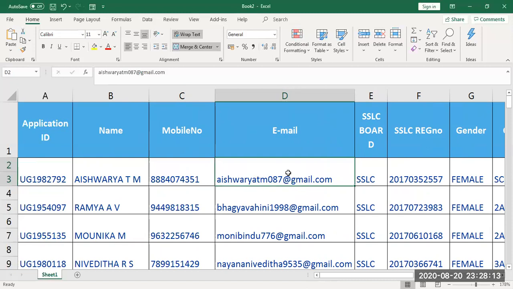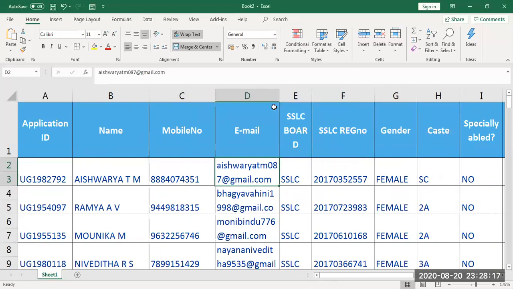In case I want to adjust the email, but it should be displayed in the same cell. In case if I need to adjust and my size of my email is fixed to only this much, here I've already applied. You have to select an option called wrap text. See, wrap text, if I don't give this Aishwarya's email ID, half the mail ID is get hidden to the next cell. To avoid this, you need to select the cell and you have to mention wrap text. When you give in a same cell, the content get adjusted and it will be displayed.